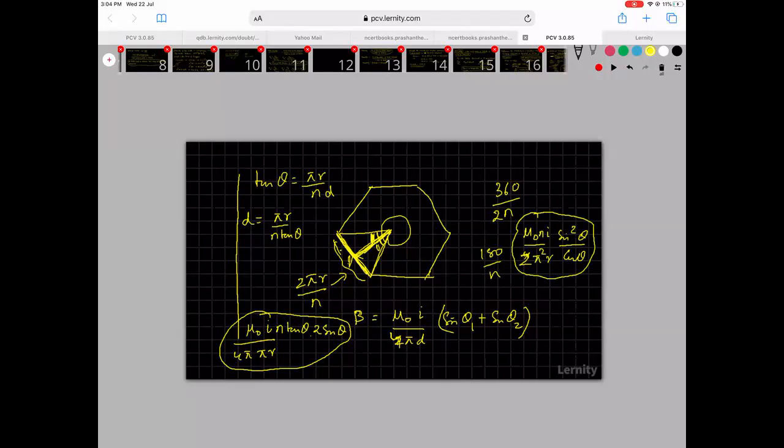Yeah. So this full length is 2 pi r. Now it is converted into an n-sided polygon, so each side will be 2 pi r by n. Then the full central angle is 360, that is 2 pi, so this angle here will be 2 pi by n. So up will be pi by n, down will be pi by n. So this theta is equal to pi by n. Okay. So now we have to just calculate d. So we put some little trigonometry and then we got it.